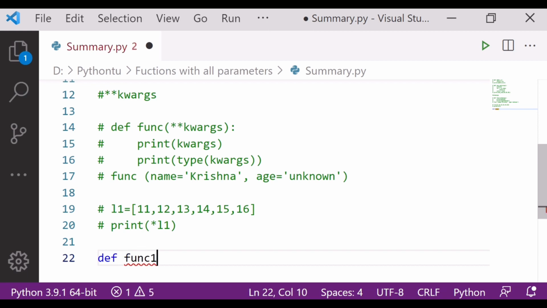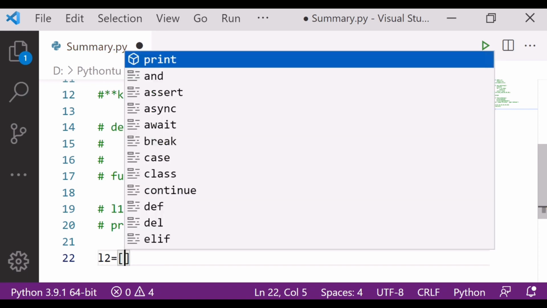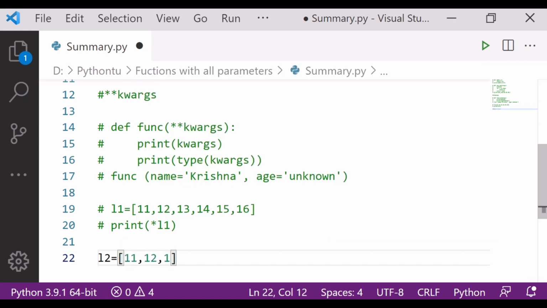Then just suppose, let me take L2, which is 11, 12, 13, 14.